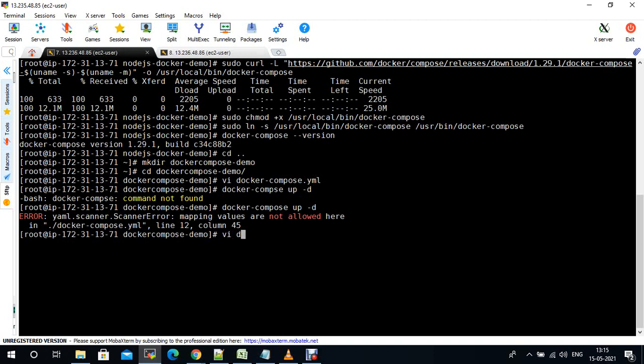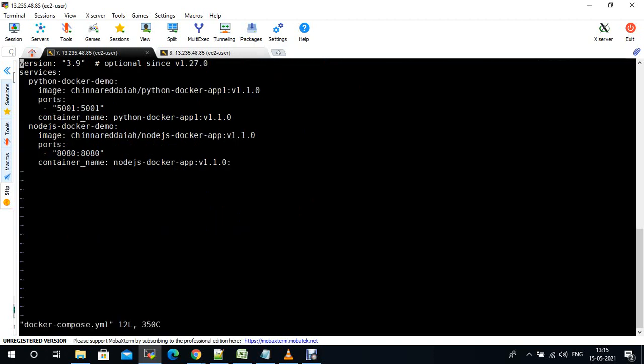vi docker-compose.yml. Okay, here a colon is added extra. That's why it is getting the error.